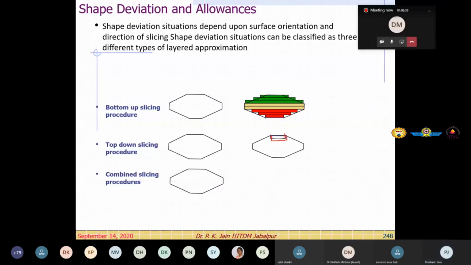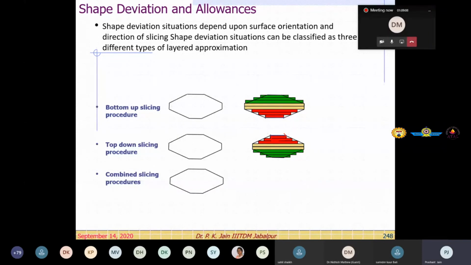Look at this. Got it? So what has happened you see in this case? The upper portion is undercut, undersized. In the green color portion you can see the bottom is oversized.